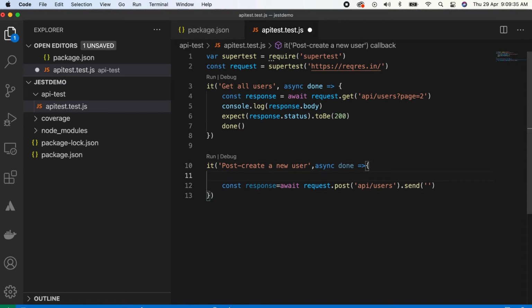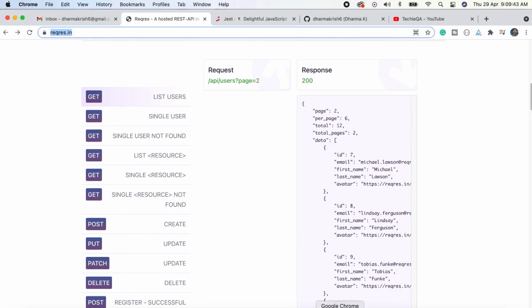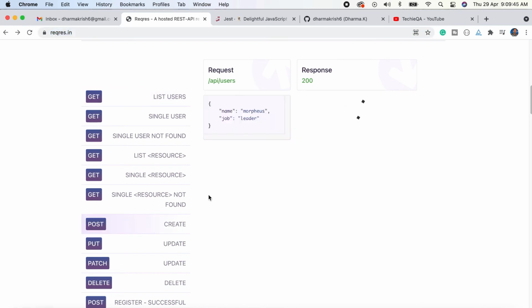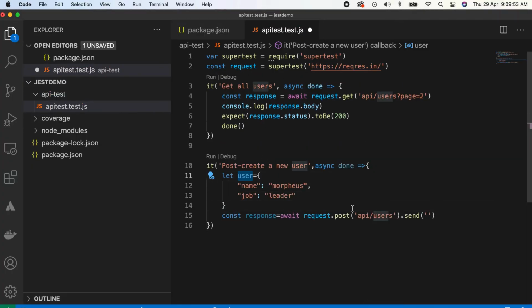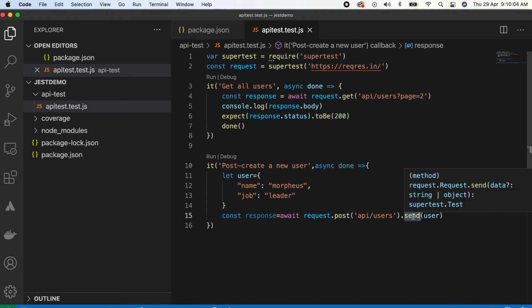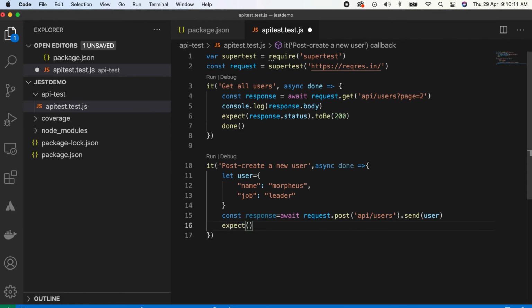So I'm going to create one variable, user equal to that whole JSON, and then just pass that as a parameter. Copy this and I will create a variable for this JSON. This user I will pass here. You can directly do it also, no issue. So this is the post method, and for the body you have to use the send method.